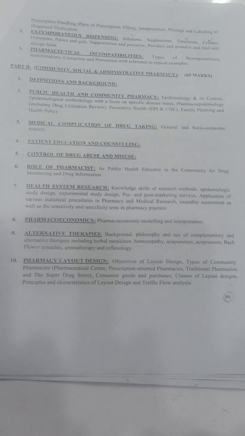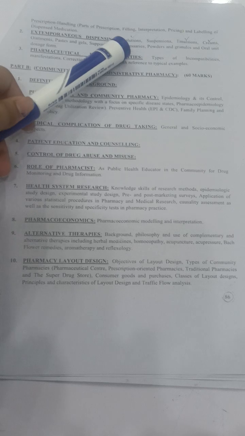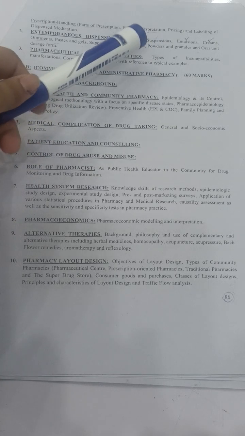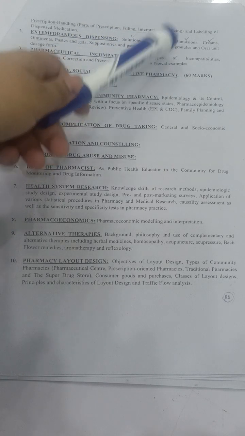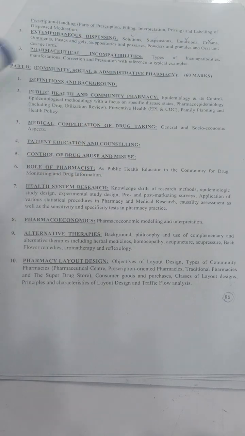So as you know, we have started the lectures of pharmacy third prof, and we have discussed the first two topics, which are about the fundamental operations of compounding and dispensing. The second topic was the containers and the closures. Now we are going to start the third topic, which is about prescription handling. We will discuss the parts of prescription, how to fill or receive a prescription, how to interpret it, how to manage it, and then how to price it. Then the last topic will come, which is the labeling of dispensed medication. So let's start the lecture.